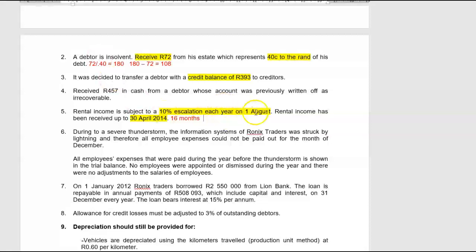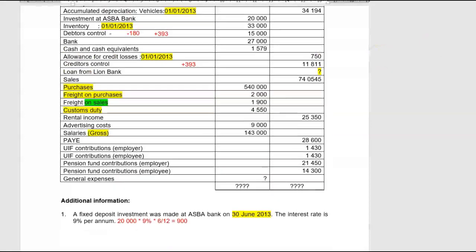From the 1st of January to the 1st of August equals 7 months. For 7 months we have received a normal rent of X. Now 16 minus 7 gives me 9 months. So for a period of 9 months, we have received the escalated rent with 10% escalation. Rental income in our trial balance is a total of